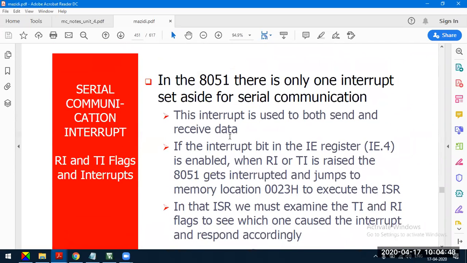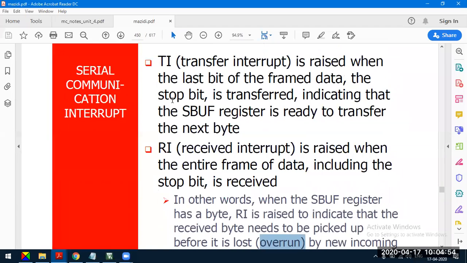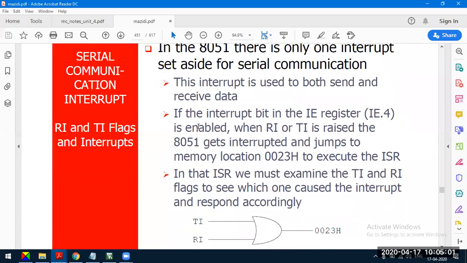So the 8051, for serial communication, has two interrupts, TI and RI, but together they are treated as a single interrupt. One thing we have to understand here is that either we are sending the data or we are receiving the data. We do not do both at the same time.